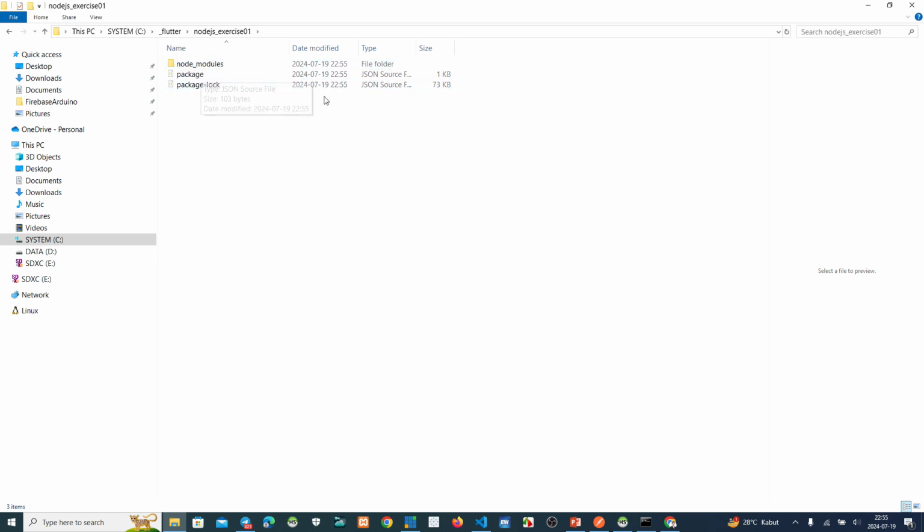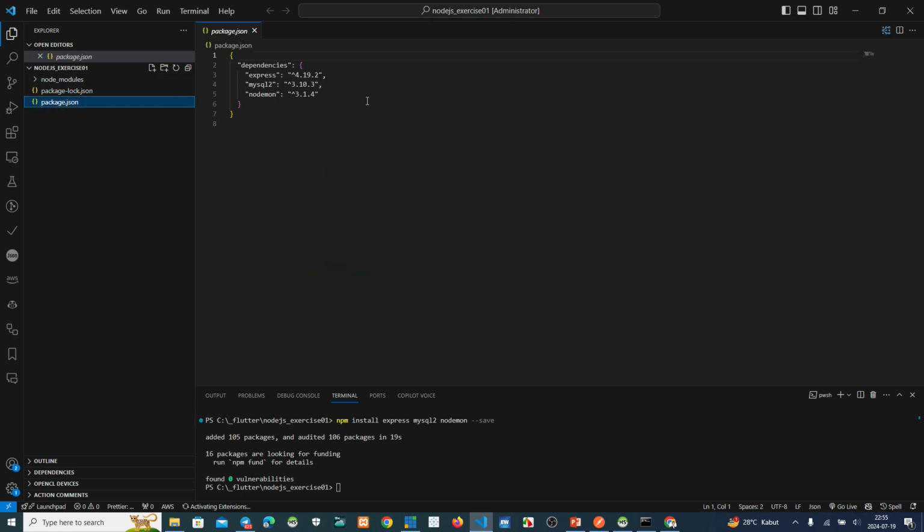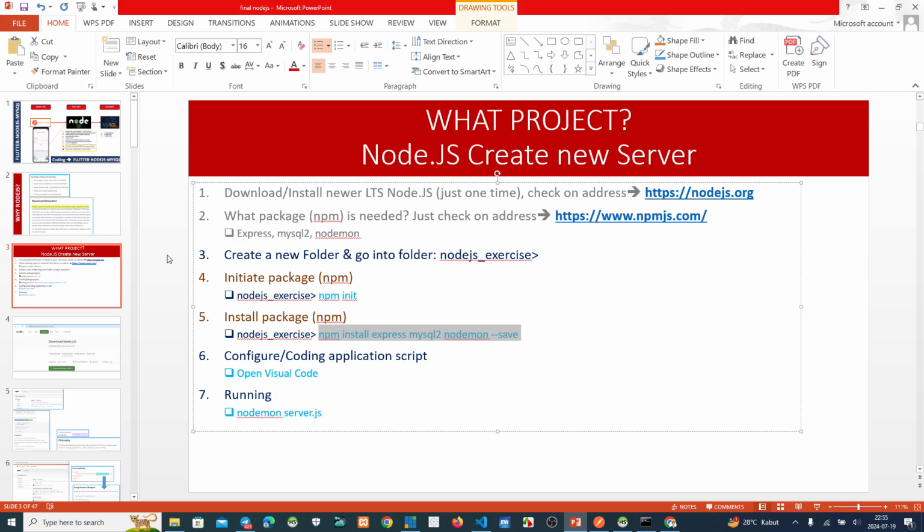Okay, this is the result. Now we can see this package JSON here. After that we want to init the project.